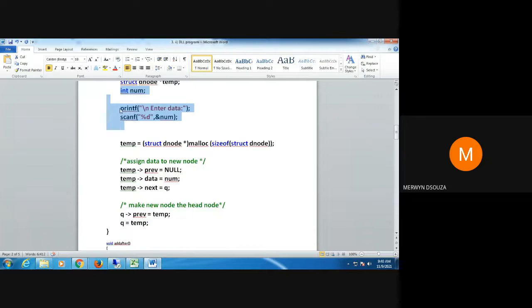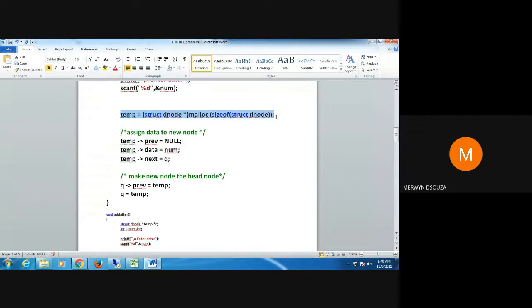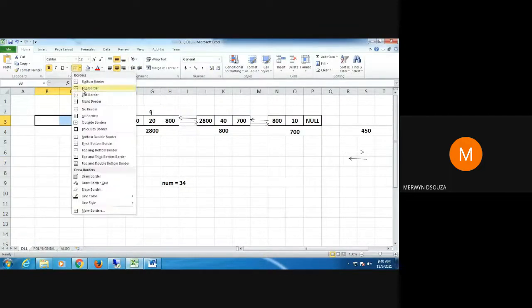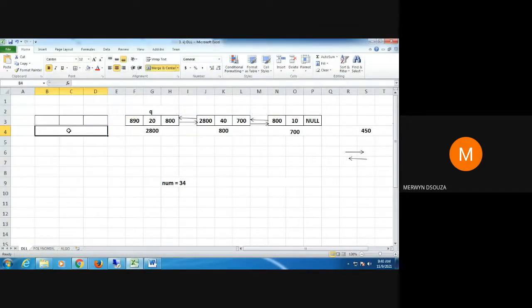We have already taken the input from the user using scanf. Then I allocate memory for a new node, and that new node will be pointed by temp. So this is the new node with some address, say 890. It's pointed by temp.